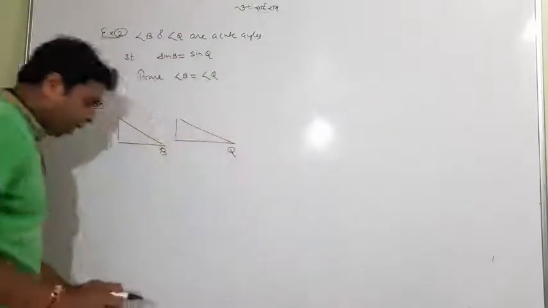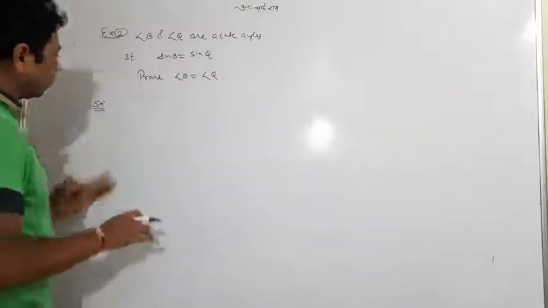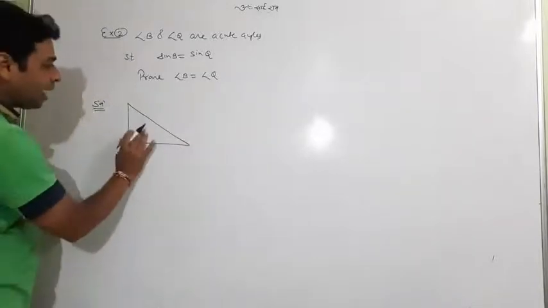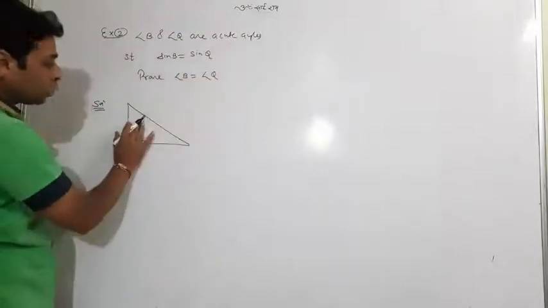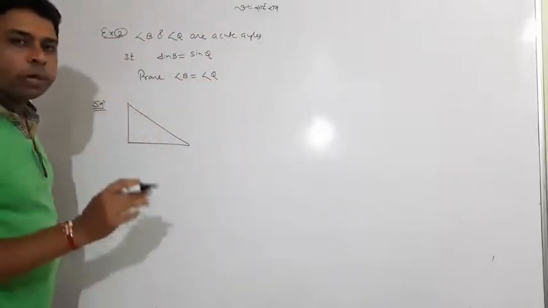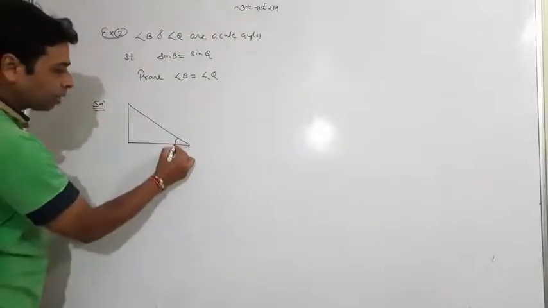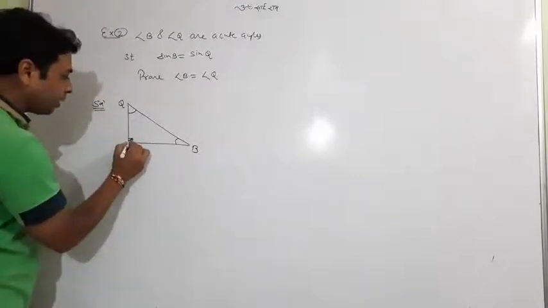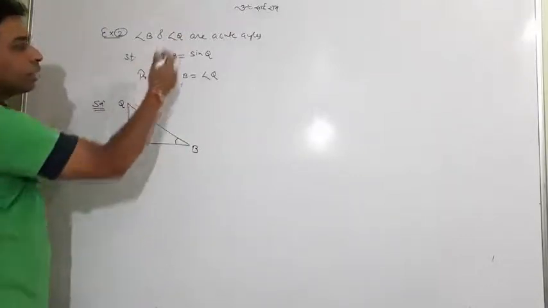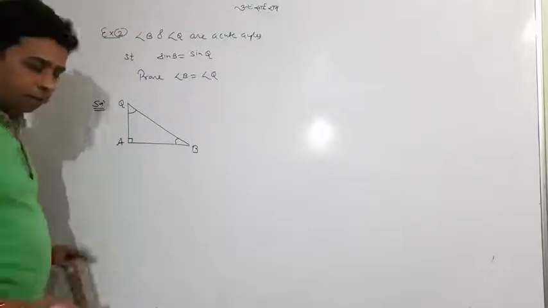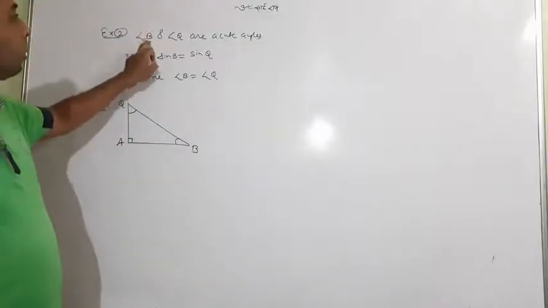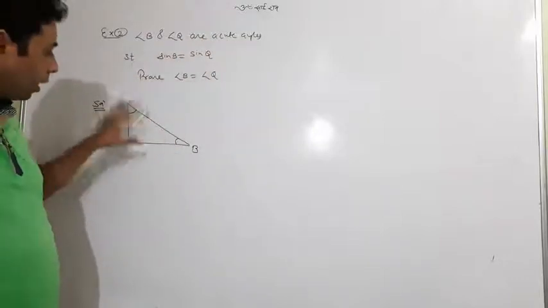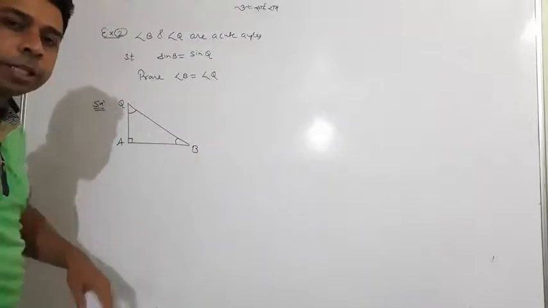So if you allow me, I tell you one thing: just draw a single right angle triangle, and take B and Q as acute angles, because you have the opportunity to take two acute angles in a single triangle. So say it is B and say it is Q. Definitely it is a right angle triangle, and you can take anything because a triangle is not mentioned anywhere. So you can take A. Students, note it: angle B and angle Q both are acute angles. Only in a single triangle will we work, and now you will feel it is very easy.